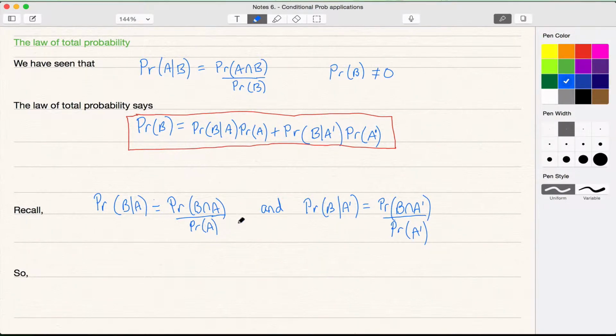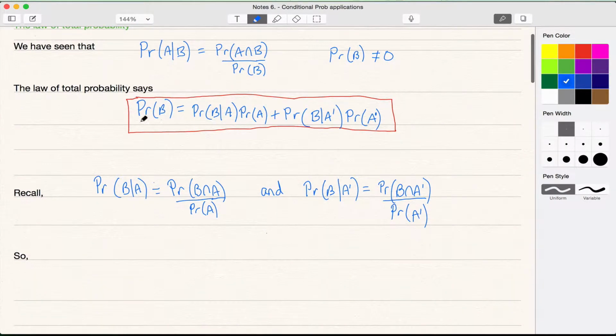So when we take these two and go back to this formula, we can write that the probability of B equals, so it's the probability of B given A, which is this. So I'm just substituting it in. B intersect A over the probability of A times the probability of A